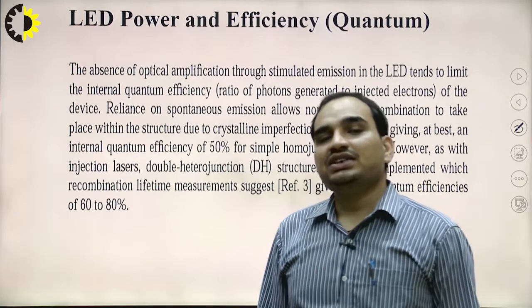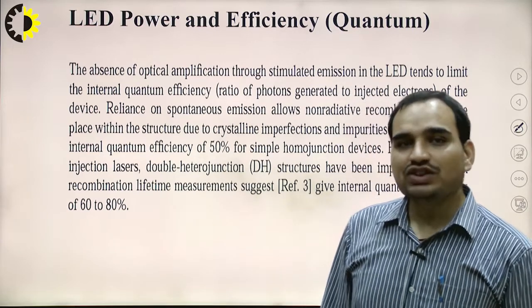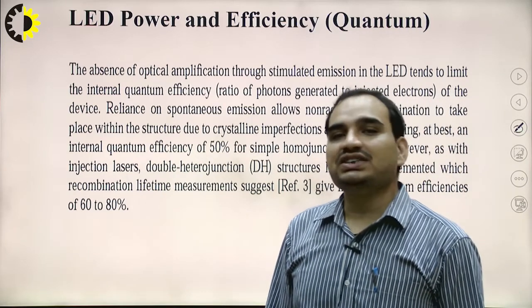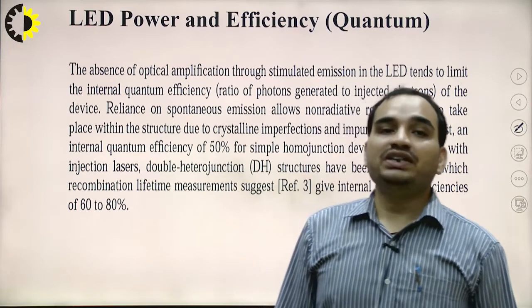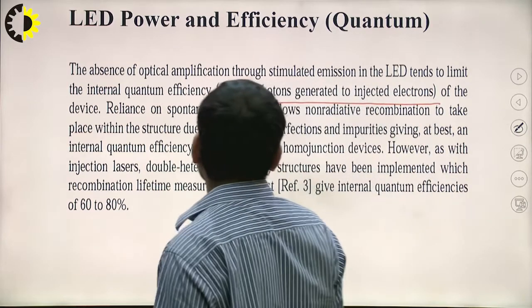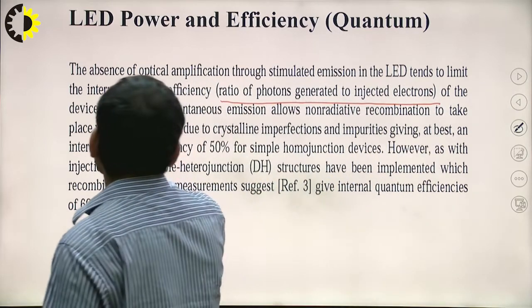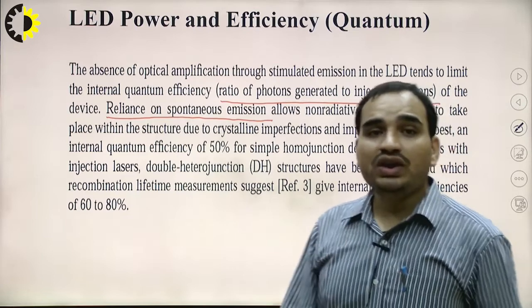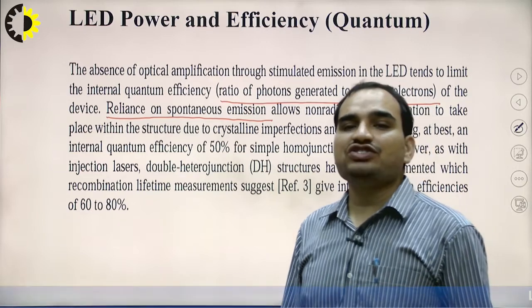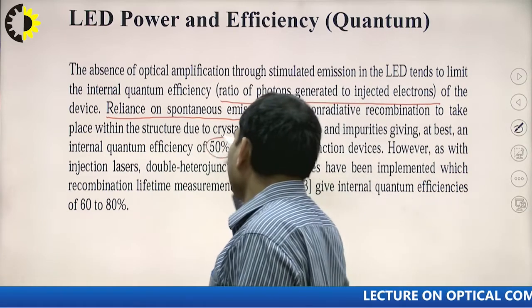Now let's discuss the LED power and the efficiency. We are talking about the quantum efficiency. There is an absence of optical amplification through stimulated emission in the LED, as we discussed in the previous slide. The internal quantum efficiency is the ratio of the photons generated to the electrons injected into the device. The reliance on spontaneous emission allows non-radiative recombination to take place within the structure